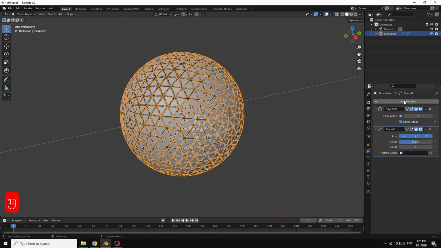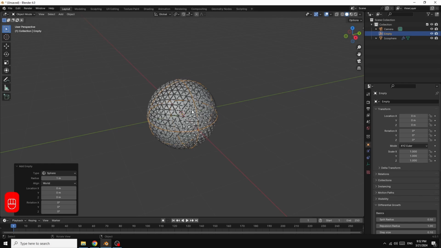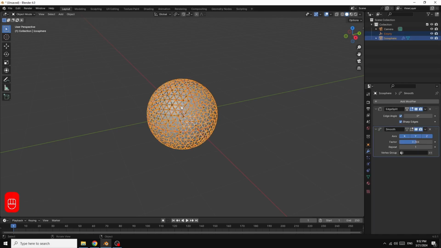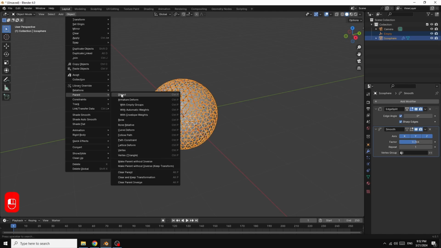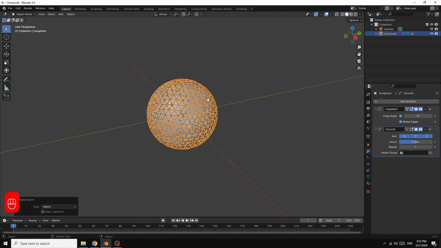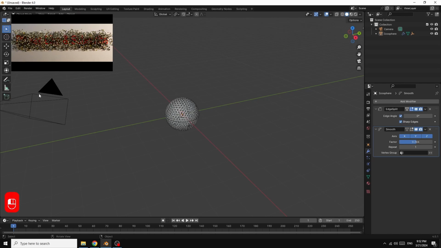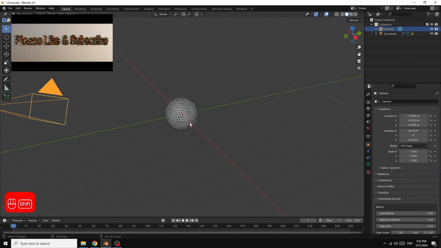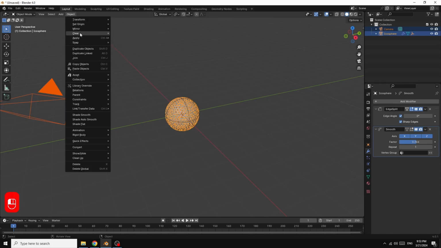But first, go and add an empty. I select the sphere, hold shift and select the icosphere. Go here in object, in parent object. Select the camera, hold shift and select this, go in object,